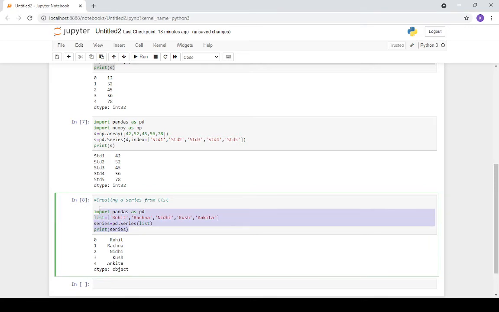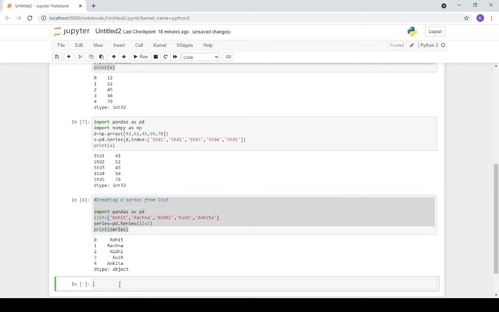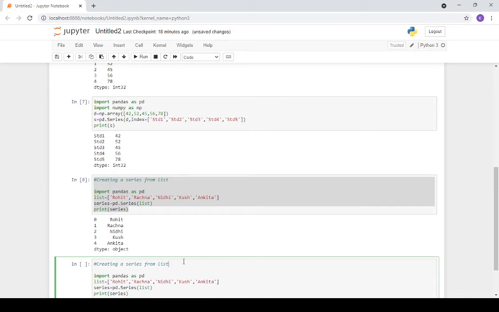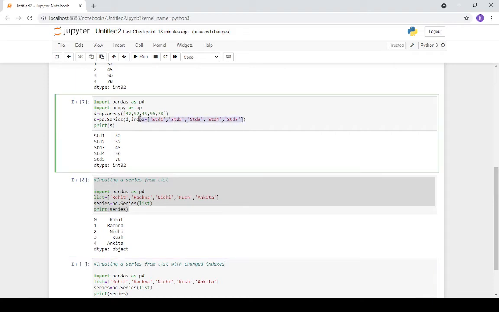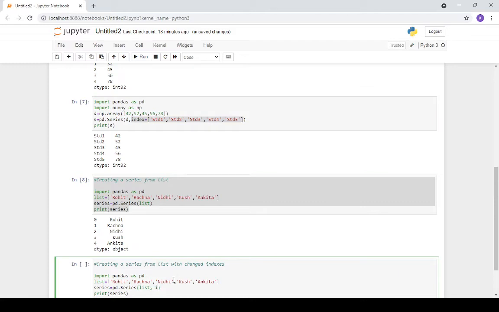If you want to change the index of these, you can also add index here. You can copy this or type it again, like index here. Then you have to create the list, whatever, like st1.